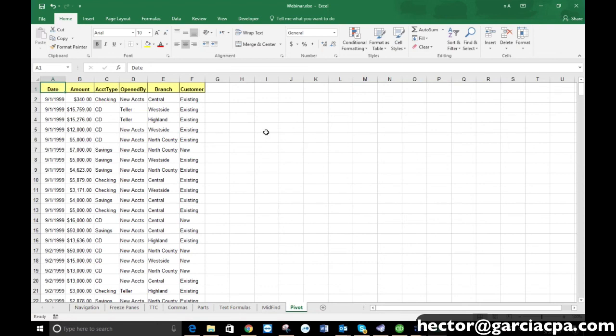Here we go. In this sheet called pivot, we have standard data. I have date in column A, amount in column B, account types, banking information, whatever. Under the account type, I have CDs, savings, checking, IRA accounts. I could have 30 or 40 different types. What you need to know is the total dollar amount for each type of